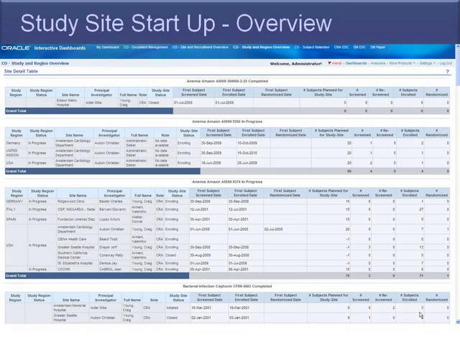Now, some of the dashboards, such as the study startup overview, just give you a summary. Where am I with my key dates? Where am I with my key enrollment? Has the study been activated? How have my sites been activated? And you can actually go from this summary level, and by clicking on a site or drilling down, you can